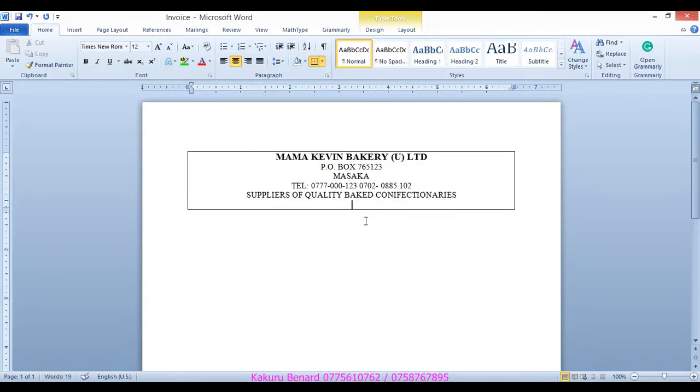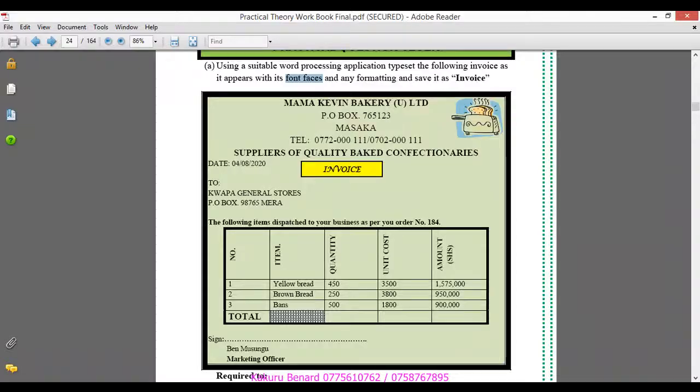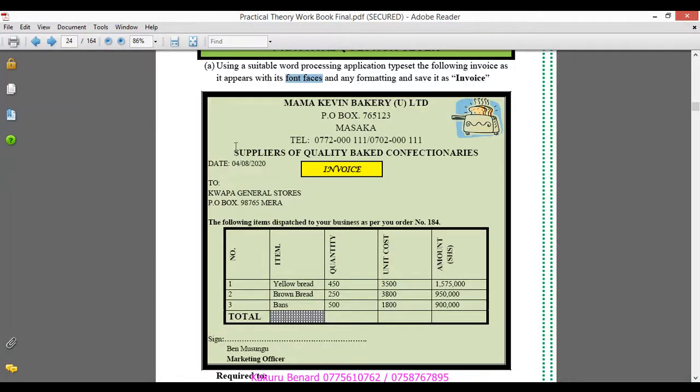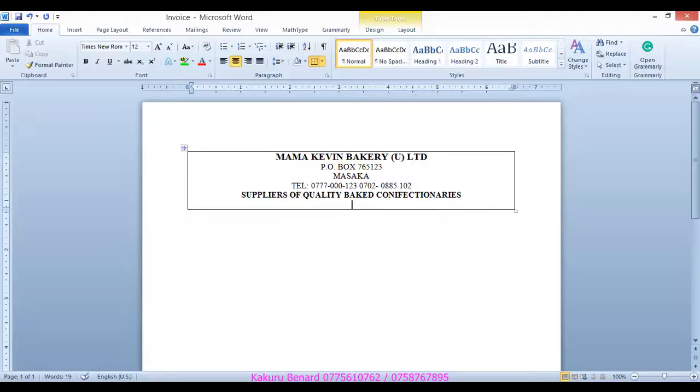Suppliers of quality baked confectionaries, and then this word is bolded. Then below we have date, 4th August 2020. Date is 4th August 2020. Press enter,